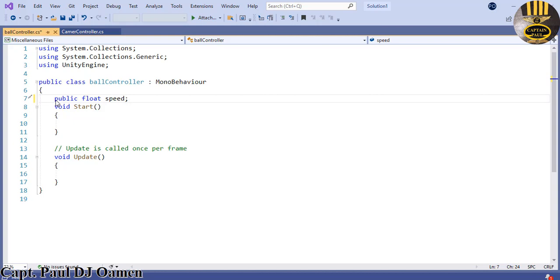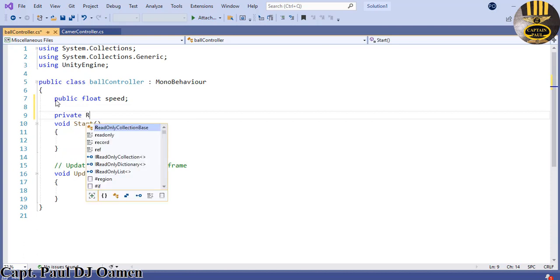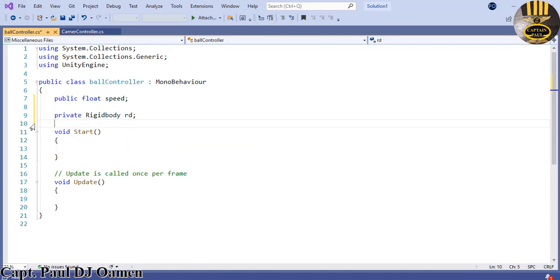Now the next thing is I'm going to create another one that is going to be a rigidbody. I'll just call that rb. There we go. So right inside Start here, I'm just going to say rb equals